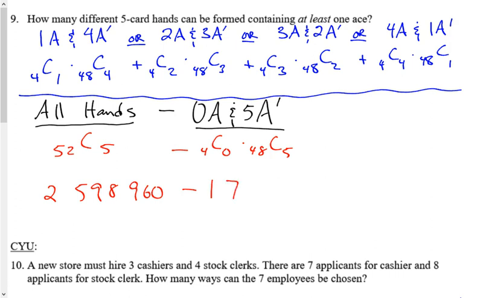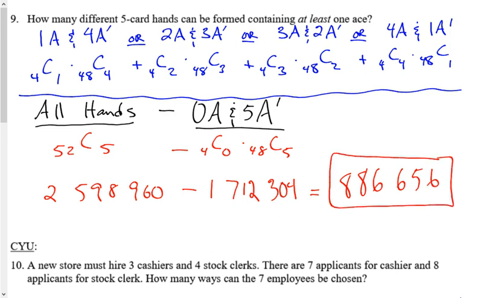Which is 1,712,304. And we get 886,656 different hands with at least 1 ace. So if you ever have a question with an at least or at most, that's a good flag that you're